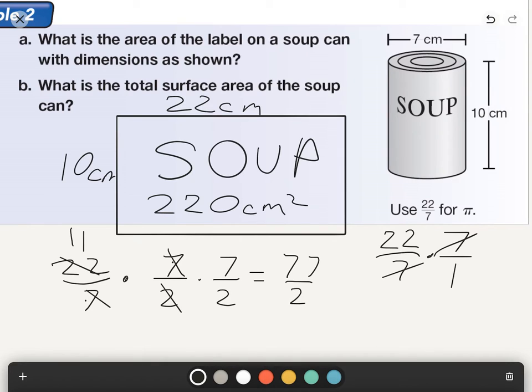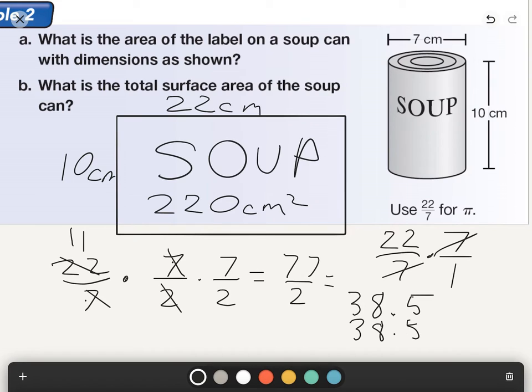Now the thing is that you could then play that out to 38.5, but I don't think that is really necessary because